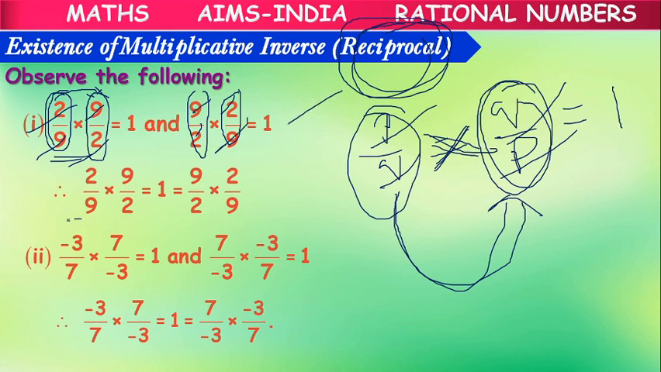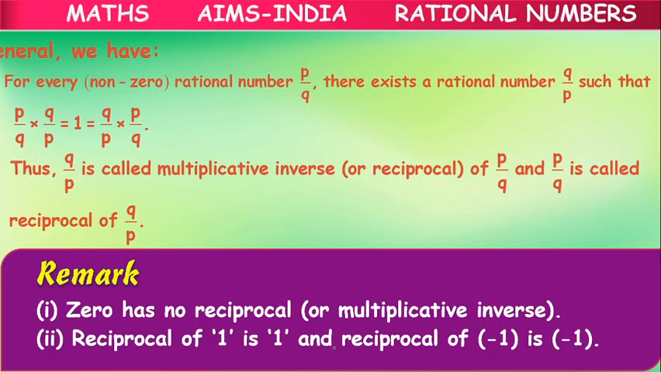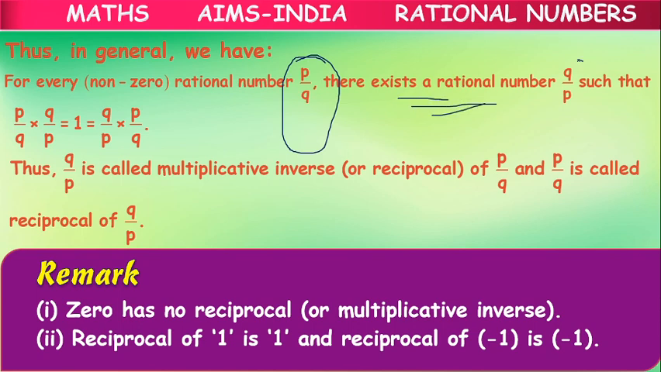Here also, minus 3 by 7. What is reciprocal? 7 by minus 3. Cancel, cancel, 1. So what we can tell, children? From this, if we have P by Q, so there exists a rational number or reciprocal Q by P such